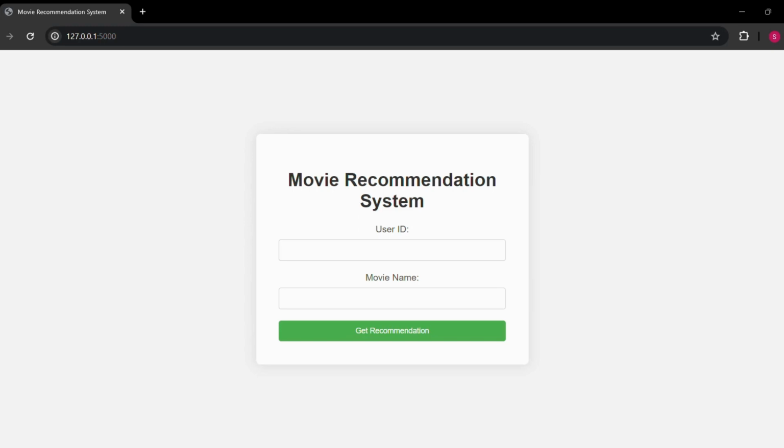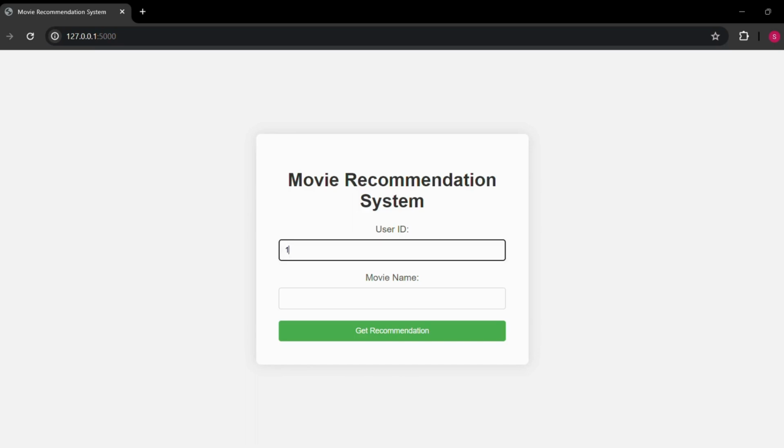Okay, so it'll ask us for a user ID and movie name. You have to make sure that whatever data it's asking, it should be taken from the dataset itself, because the model has learned from that dataset. In a real world scenario, like Netflix and all that, they have a continuous flow of data from the users, so it can keep on updating. Here, since for this project we use a dataset, I can only give the input from that.